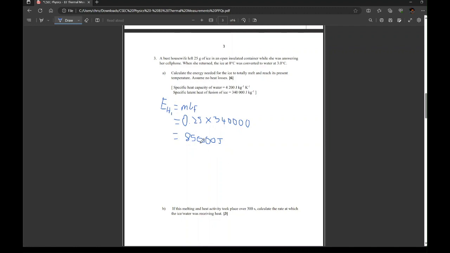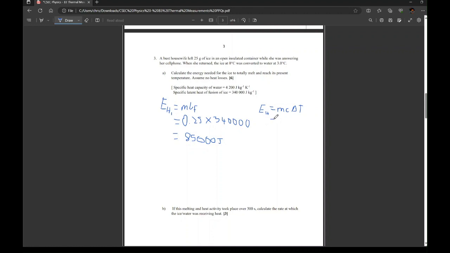Okay, so 85,000 joules is our first energy value. Our second energy value is going to be for the ice, which has now melted, so it's now water, changing from 0 degrees Celsius to 3 degrees Celsius. And of course, we're going to be using the good old mcΔT